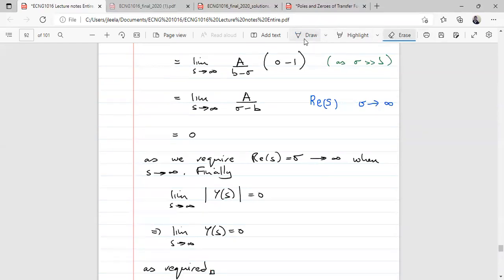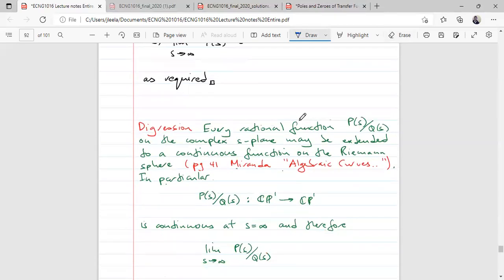Any questions on that? It's supposed to be an equal here, right? Okay,